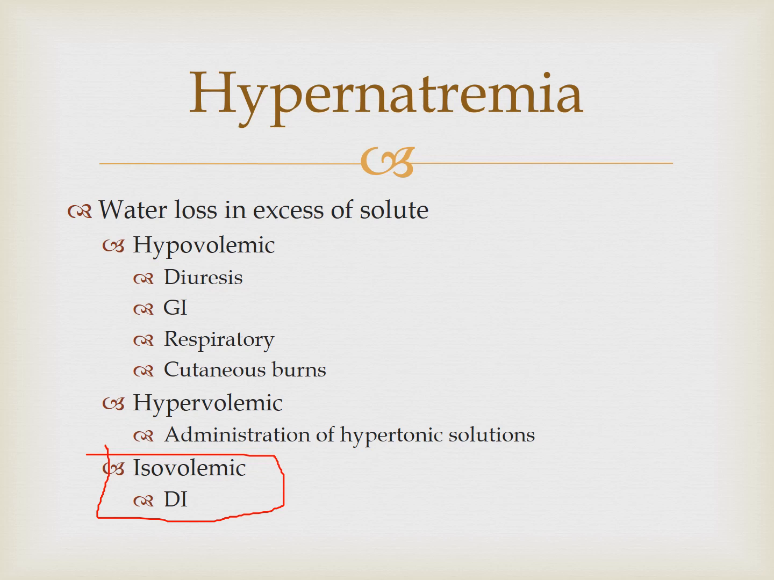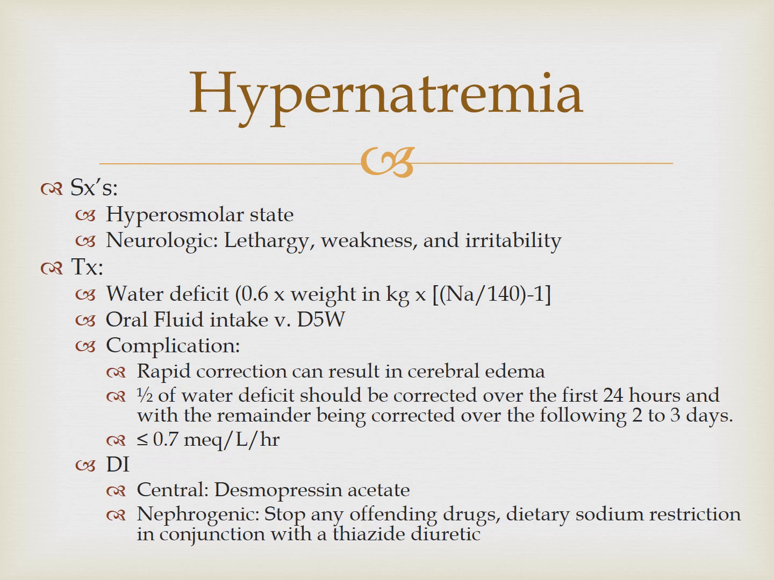If you guys remember nephrogenic, if you stop any offending drugs, and if you give them desmopressin, it doesn't really help because they don't have any central problems. So for nephrogenic, there's a difference between central and nephrogenic. Central, you have to give them desmopressin, they respond to desmopressin. A lot of times if the question says, patient has been given desmopressin and there's no change,